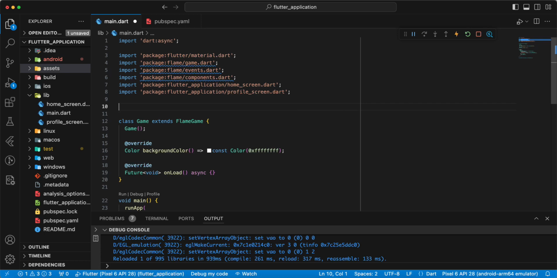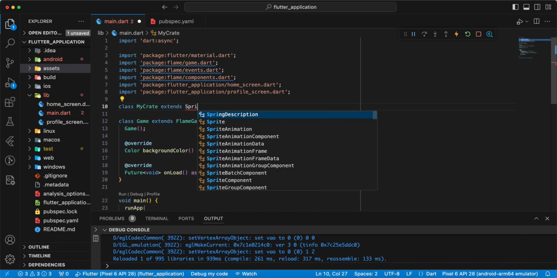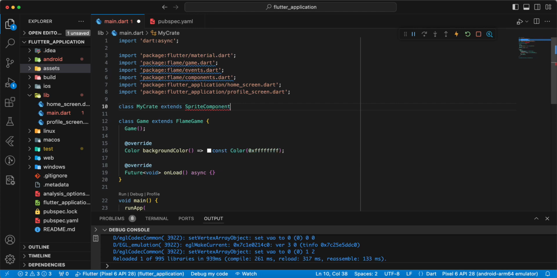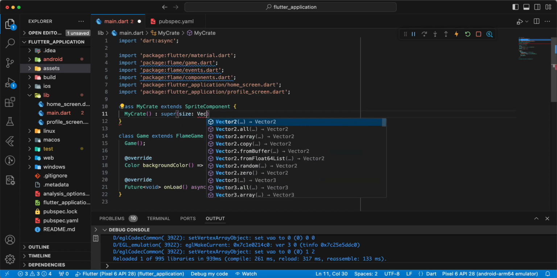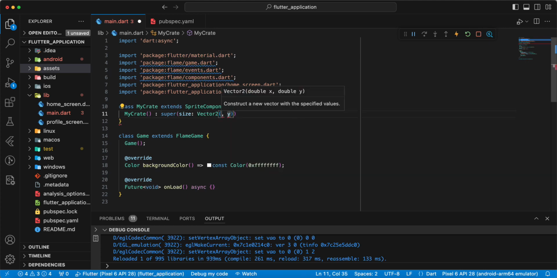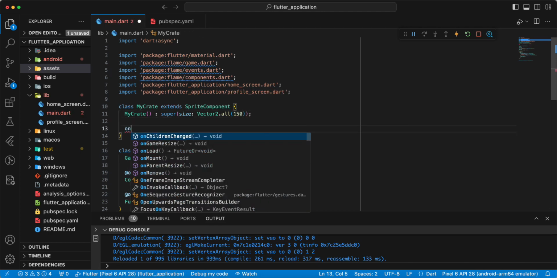And now we create a sprite component. Write class Person extends SpriteComponent. Person, super, size, Vector2, and we use all, write 150, and we write the method onLoad,